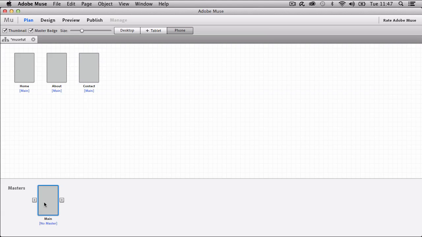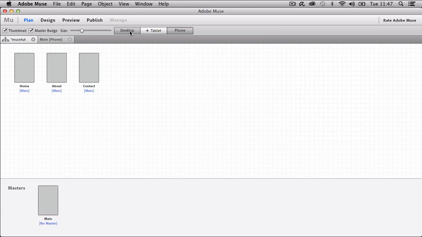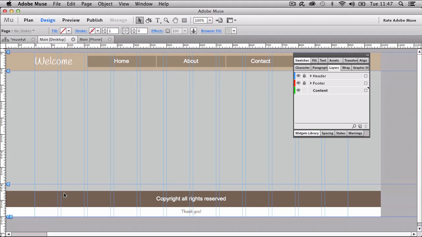Alright, so I'm going to open up the main master page for the phone layout. Then I'm going to go back out into my site plan, go to the desktop version and open up the main master for the desktop layout. And then what I want to do is start copying things across. So for example, I'm going to unlock my header and footer layer, and then I'm just going to copy out